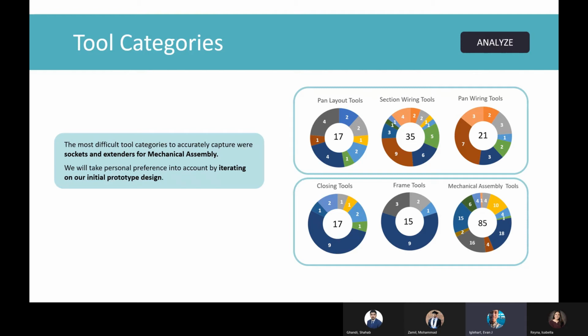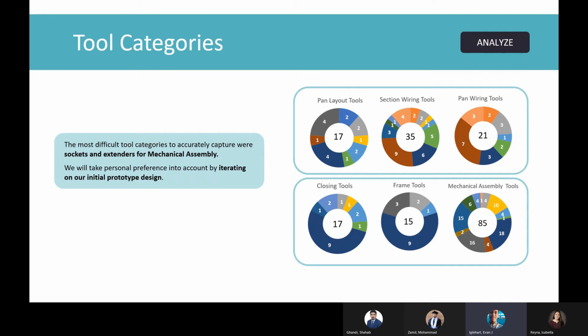This helped us develop groups for the tools to be placed on the shadow board. It also showed us which workstations would be the most complex to design a board for. This was found to be the mechanical assembly workstation, which had the highest number of tools and categories. We grouped the tools like combo wrenches, pliers, and screwdrivers to make it simple to